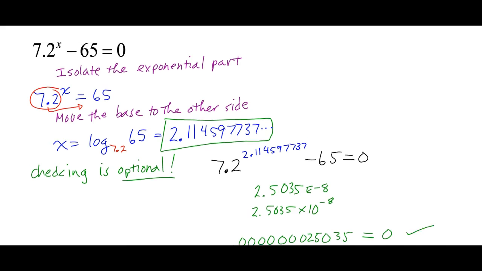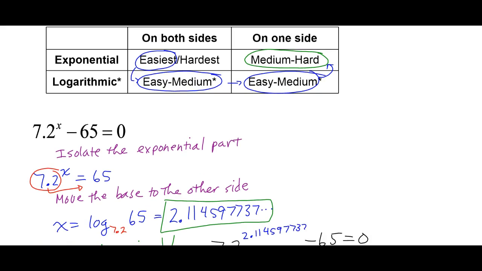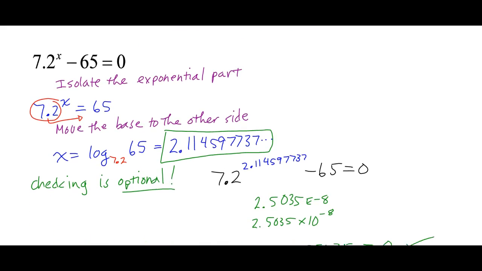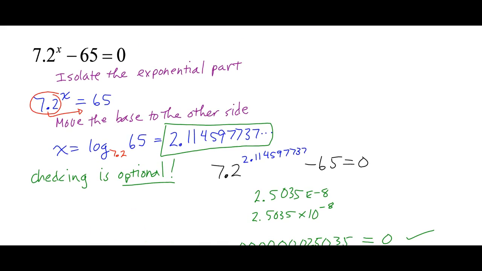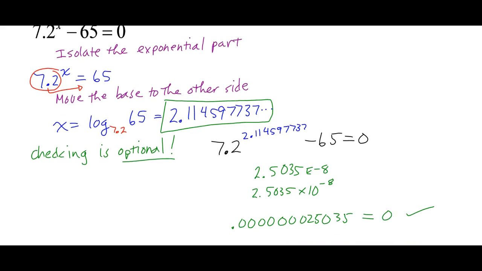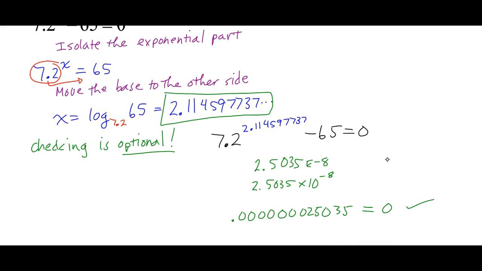So let me go through the steps again. When you have an exponential on only one side of the equation, isolate it, move the base to the other side, and then work out whatever you're looking at at that point. You don't have to check if you're confident you've done the steps right, but if you want to check, checking is done on a calculator. The other thing is, sometimes these logarithms, you can do them by hand. If you can do them by hand, please do them by hand, if nothing else, so that you practice and know how to do that type of